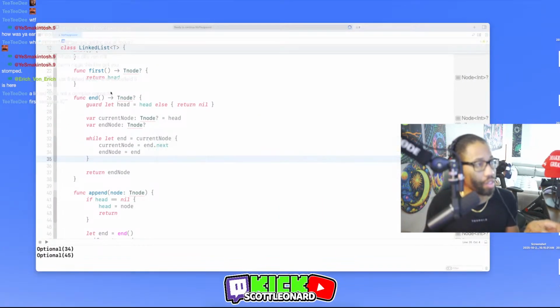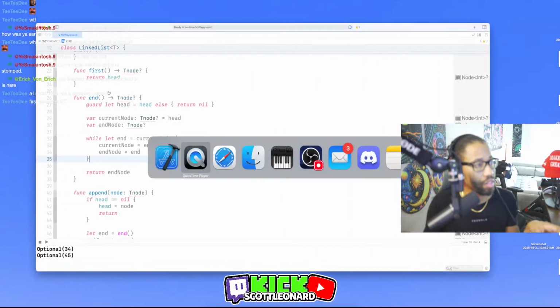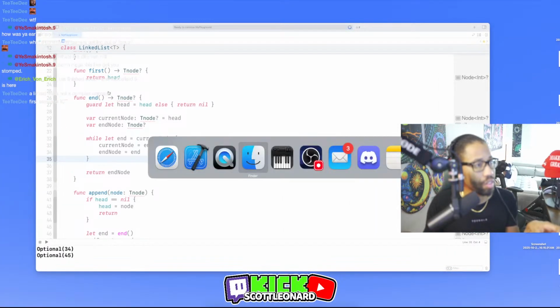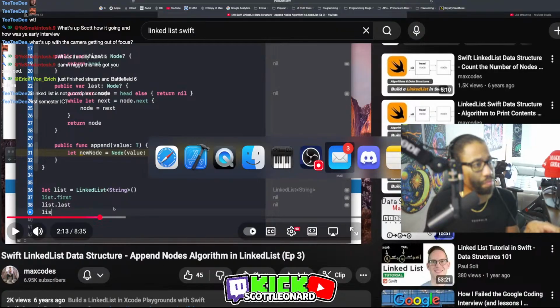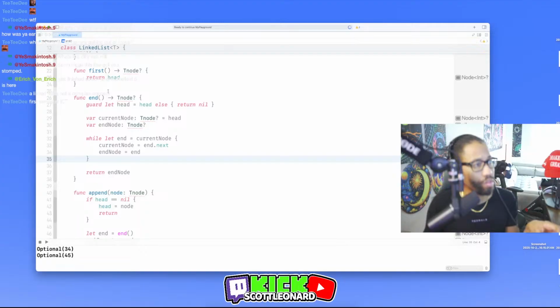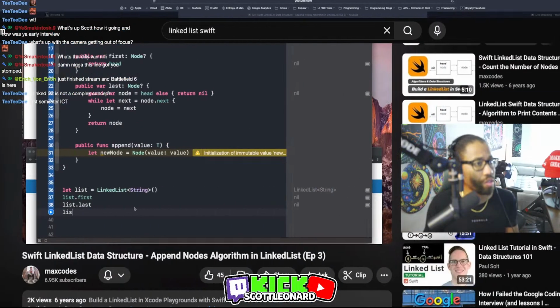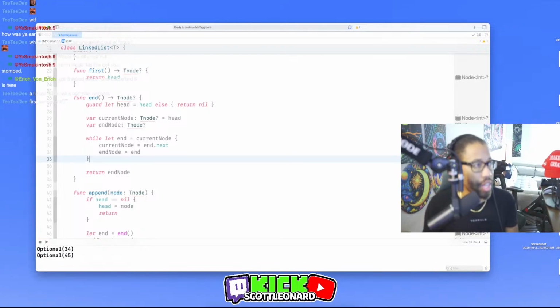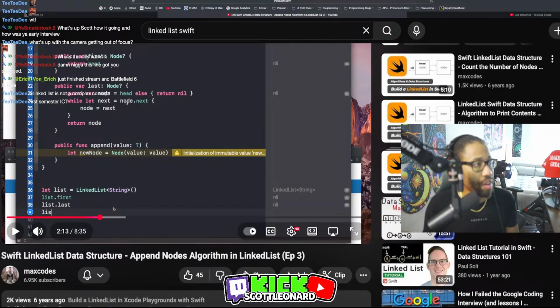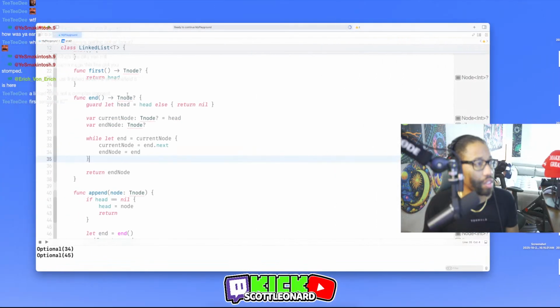Let me think. So he did last, he returns a node, right? That's what I did, end. I checked to see if head was head, right? Like how he did head node, right? Then I did current node, end node, which I don't know if I need to do that.